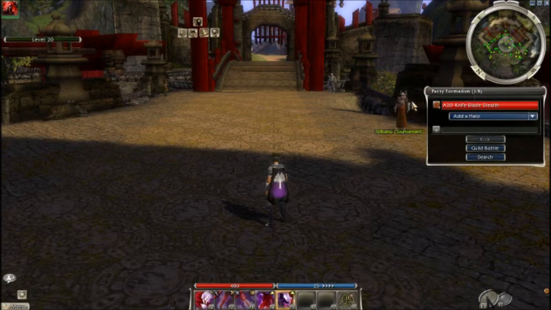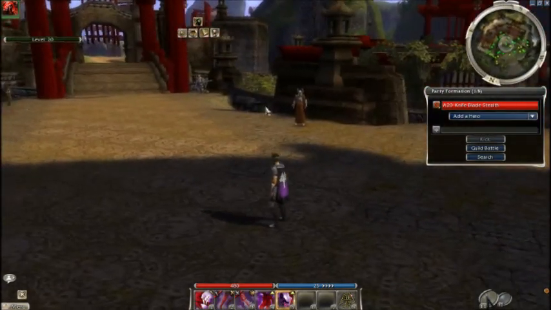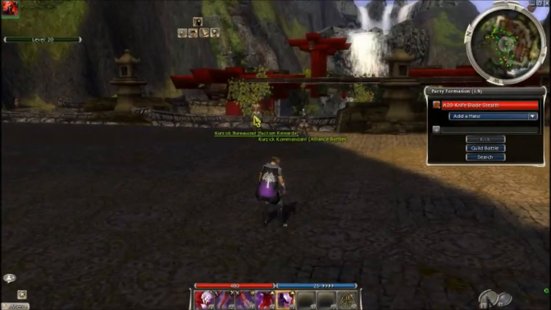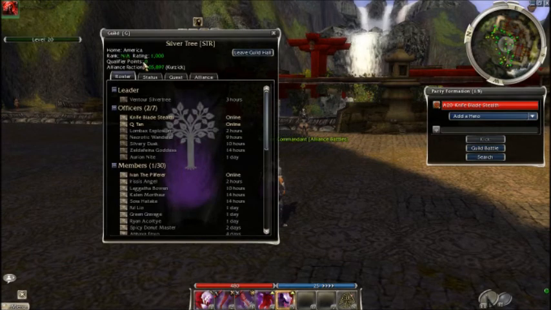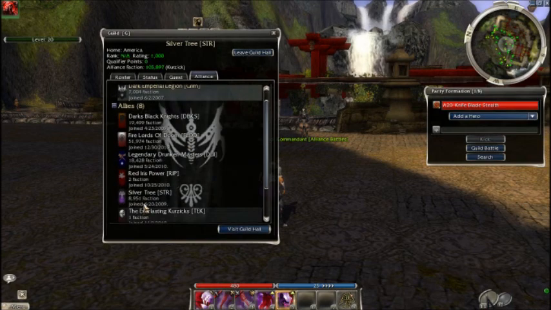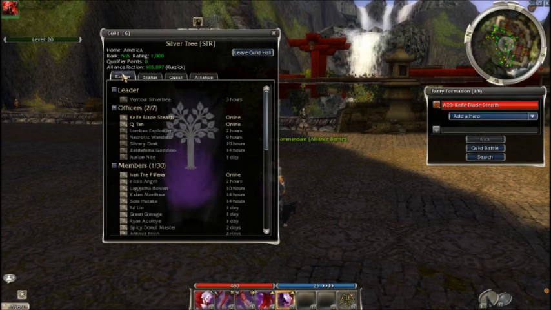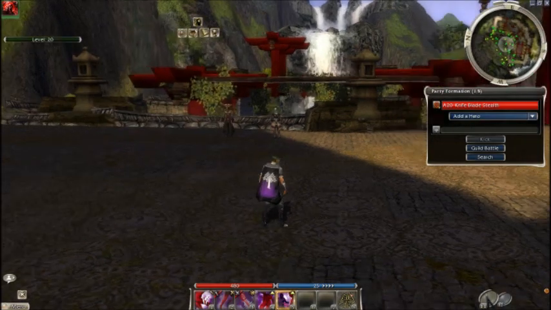And let's see, you do PvP, alliance battles. You can trade in faction to raise your guild faction. Right here it shows the faction. We've only got like 8.9K. We usually have more, but